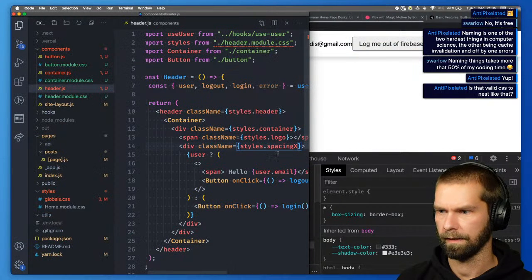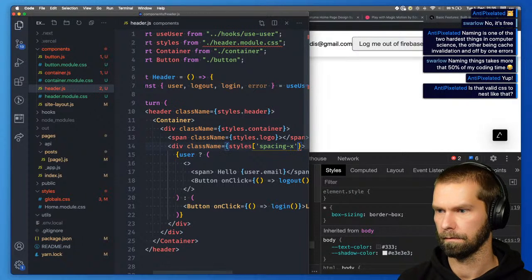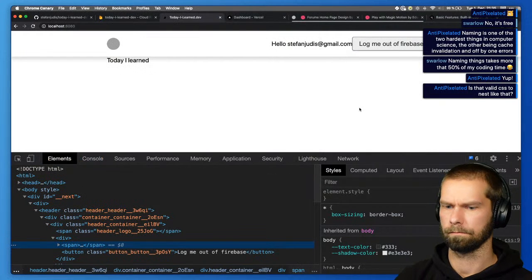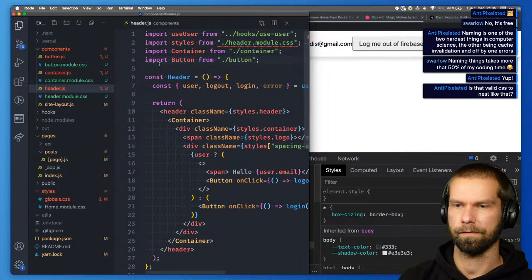Oh, it didn't apply this. Maybe like this. Spacing X. Oh, does that work? Ah, because it's coming from different styles. Ah, gotcha. Let's do